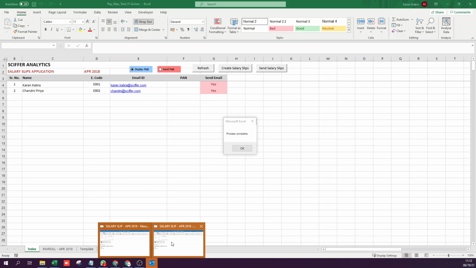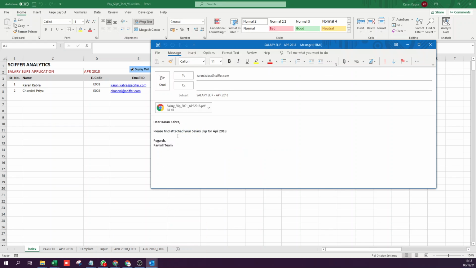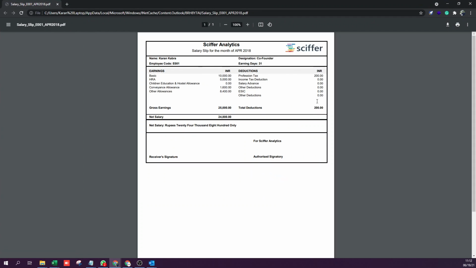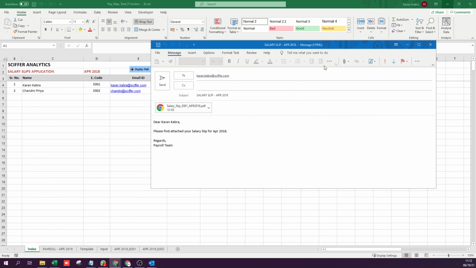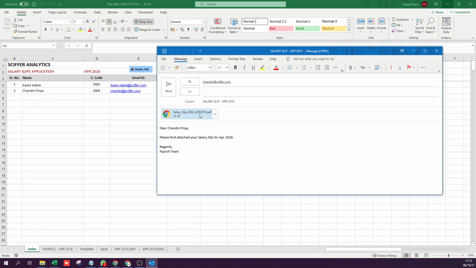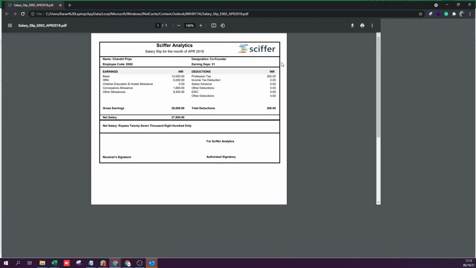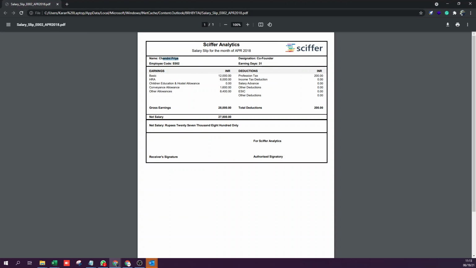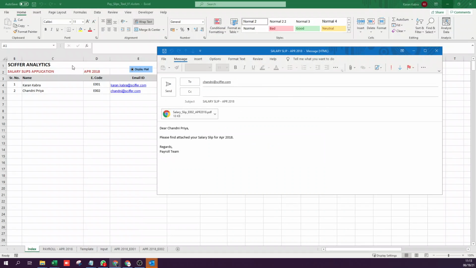Again, you can see Outlook. So this is my name. Let me check. Here you go. Right. And same thing if I check the other email and I open this. Here you go. So again, a very simple piece of automation and solves the problem perfectly.